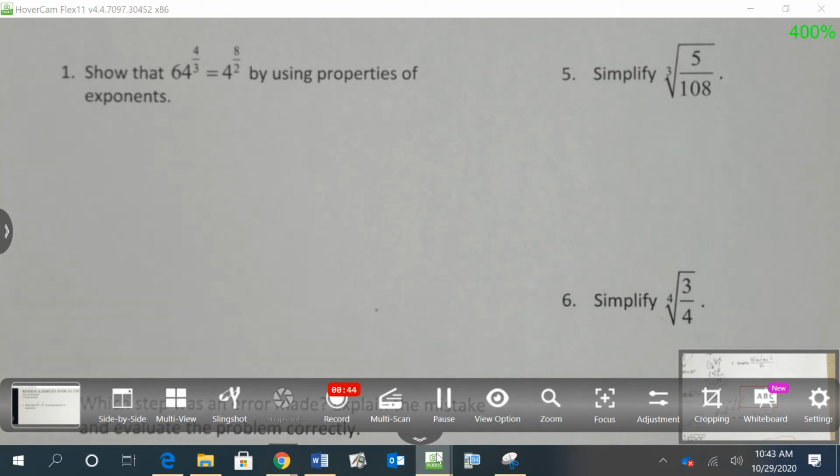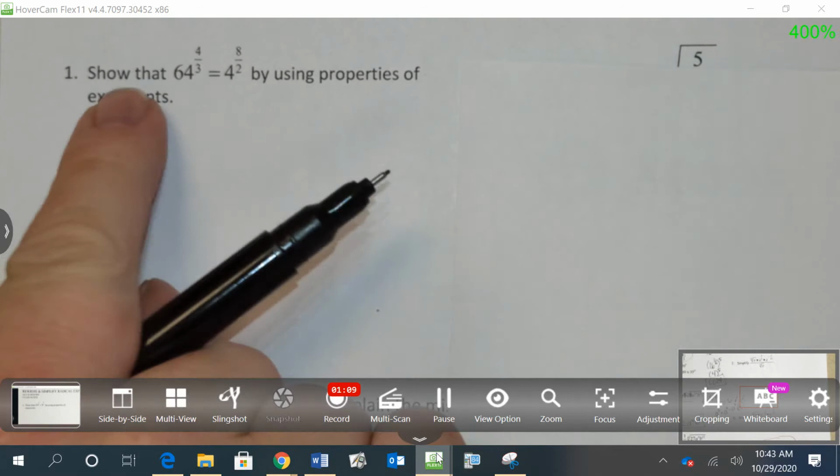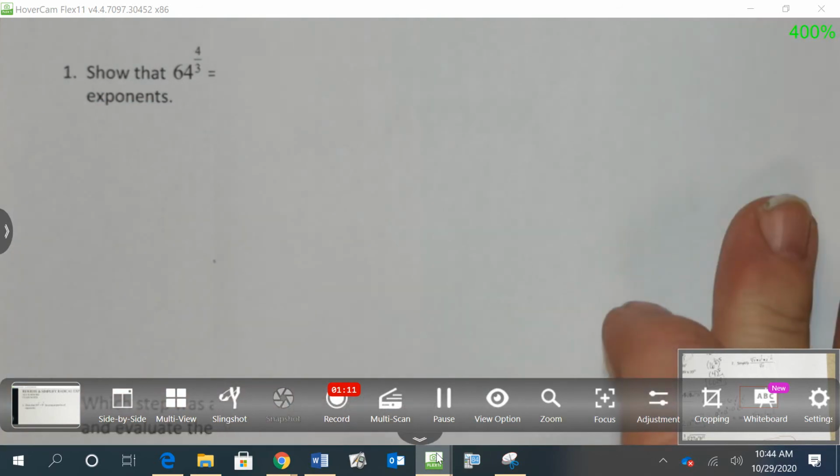One, writing down problems and seeing them again on paper as you write often kind of triggers it in your brain a little bit better understanding. And sometimes seeing it for the second time will also help you to better understand it. So make a decision for yourself what you want to do, but that is my suggestion for a lot of you. Watch me go through the first 8 problems and then go back and watch the video and rewrite them to better understand it. How am I going to use properties of exponents to show or prove these two are